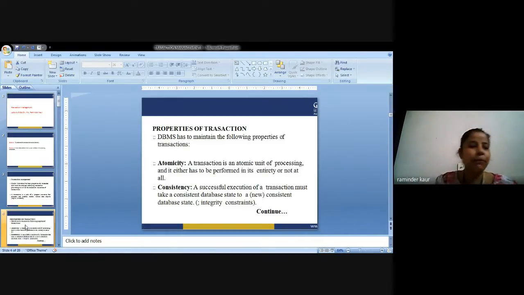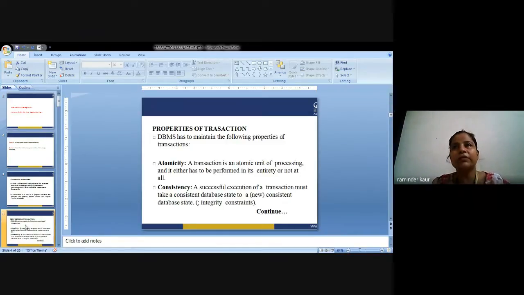Now, what will be the procedure? First, a transaction schedule will be there. Transaction schedule means either a serial schedule or a non-serial schedule. I will discuss the schedule in detail in the upcoming slides, but now I am just telling you about the transaction schedule. Transaction schedule in layman's language means you are supposed to complete the transactions in sequence order. After the first step there will be a second step, and with the second step there is the third step that is being associated.